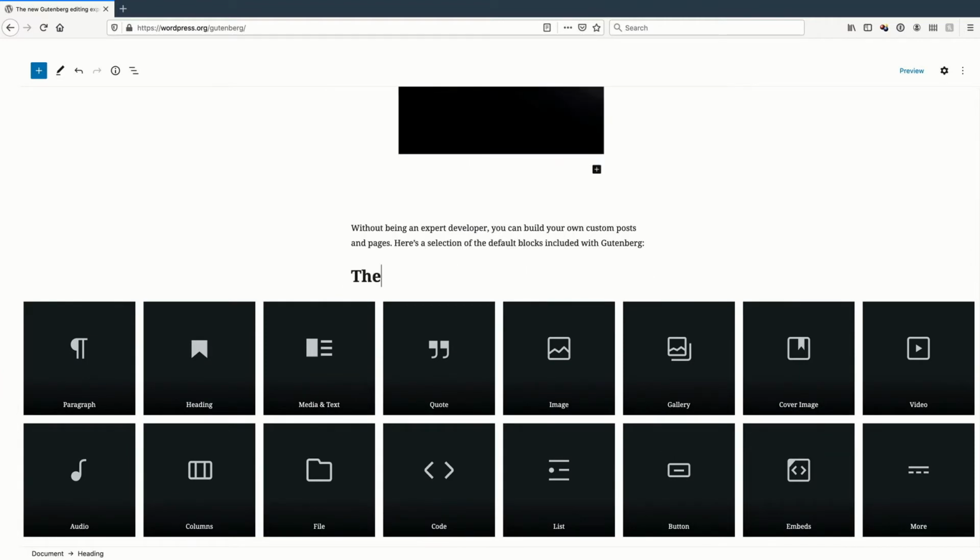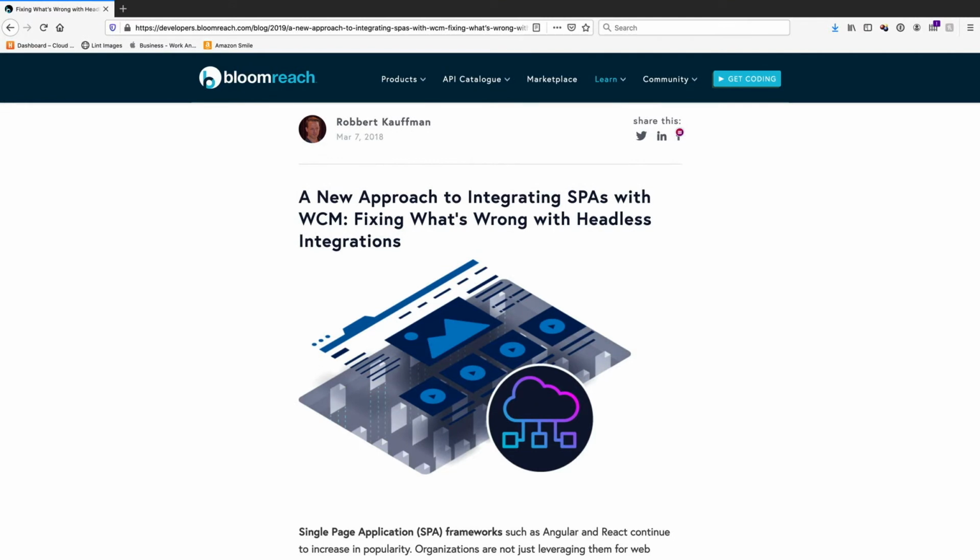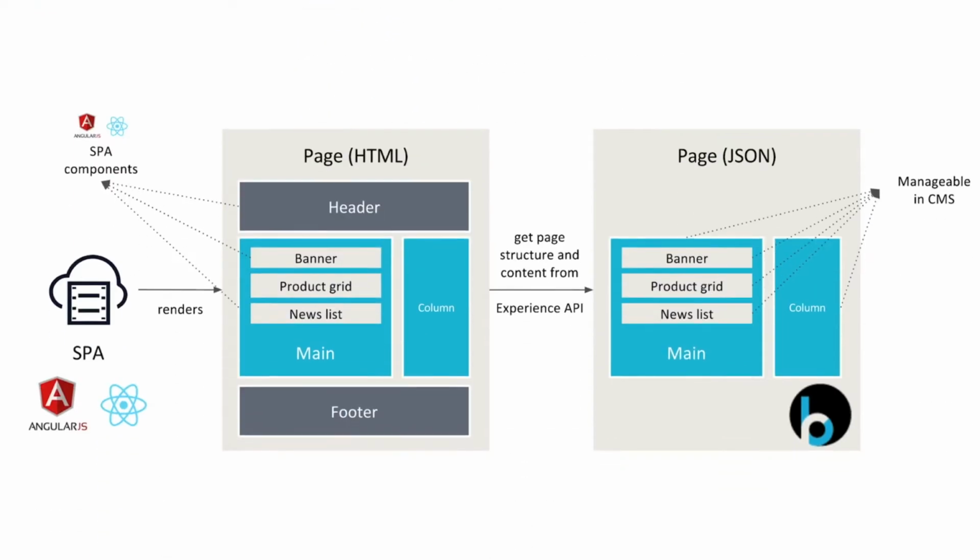They're not that different. A couple of years ago, Bloomreach did some articles and published a presentation talking about how to take headless CMSs, which in the past had no way to actually see what you were editing, and make it possible to see what those changes were. And their solution was to take single-page applications, pages that are built using whatever those JavaScript frameworks that somebody might choose, and have them embedded inside of the editor in an iframe.